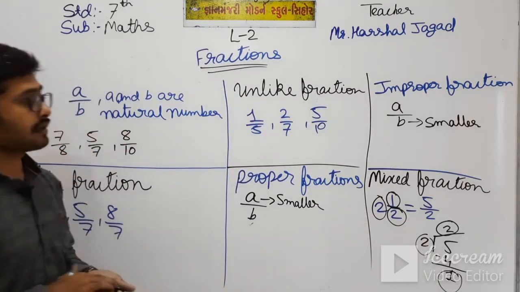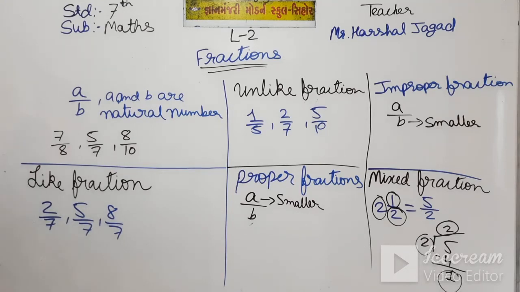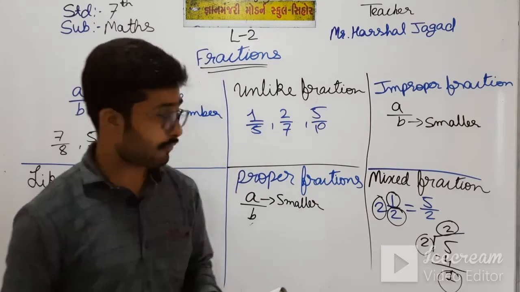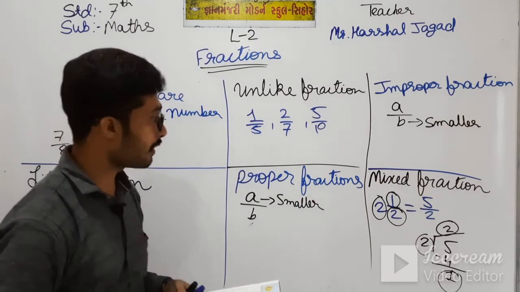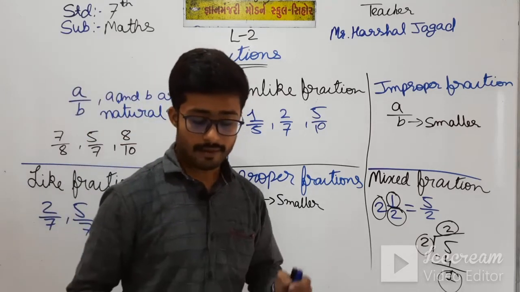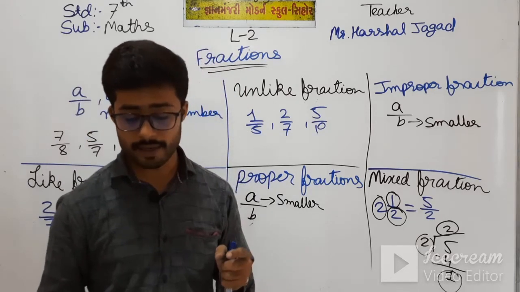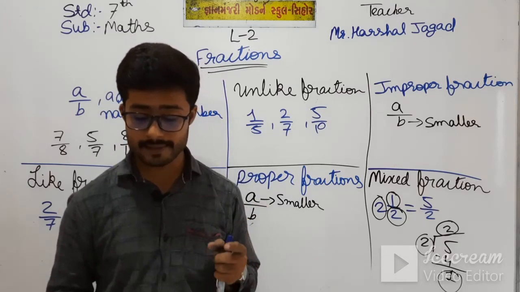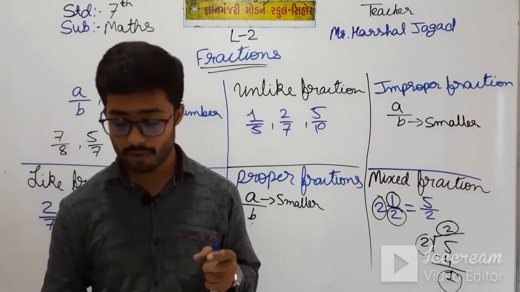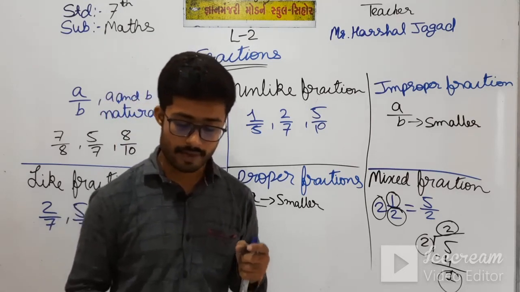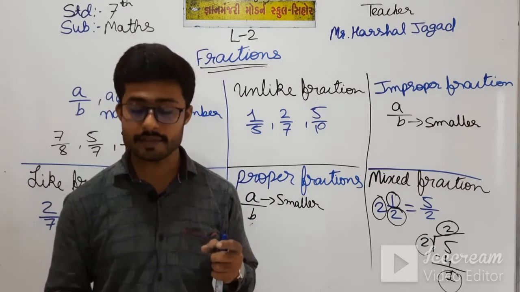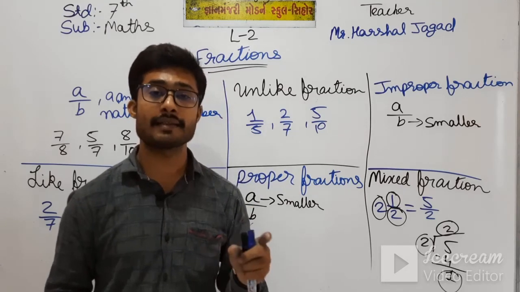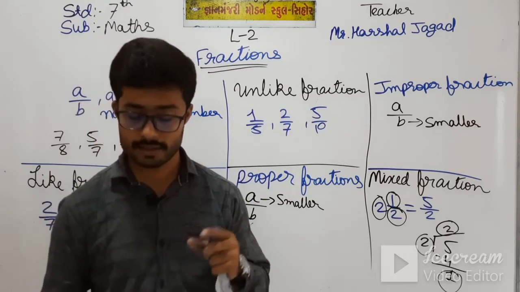Okay students, next I am discussing orally only. I have written only 5 types of fractions. Sixth, fraction in its simplest form. If A and B have no common factors other than 1, then the fraction A by B is said to be in the simplest or lowest form. For example, 3 by 5 is in its lowest form, meaning the numerator and denominator have no common factors, and it is less than 1. So this is known as a fraction in the simplest form.